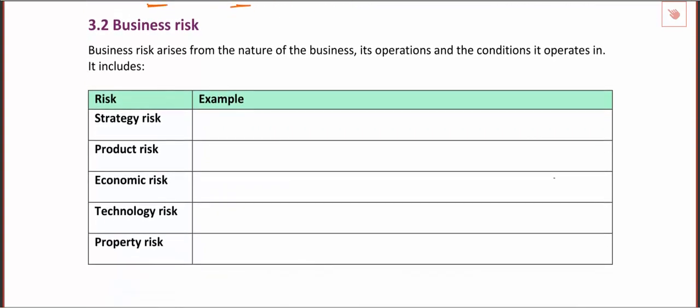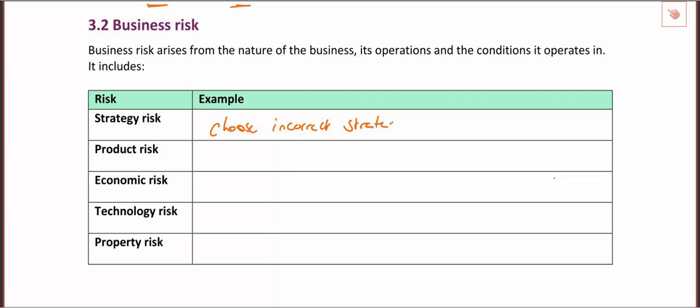Okay, so 3.2 starts to look at business risk, and we've got 5 different types of business risk listed underneath. We're just going to go through and start thinking about the different types of risk that a business can face. So right at the top there, strategy risk, and this is the risk that we choose an incorrect strategy. So we've gone through the strategy chapter in chapter 4, where we think about what we are currently doing, we think about what we can do going forward, and then we choose, perhaps using those Johnson and Scholes SAF criteria. And strategy risk then is the risk that you choose the incorrect strategy.